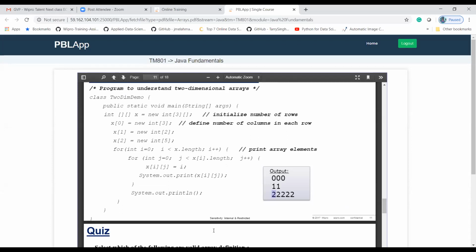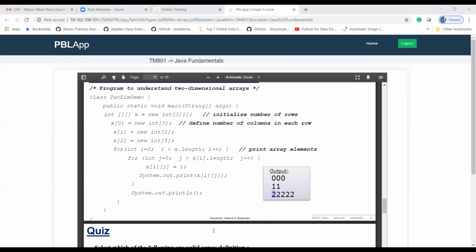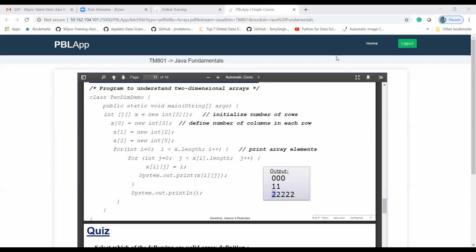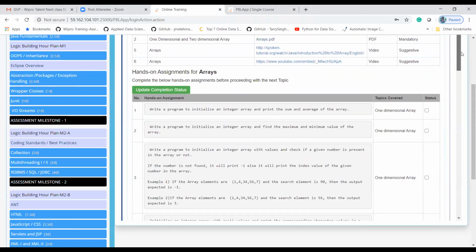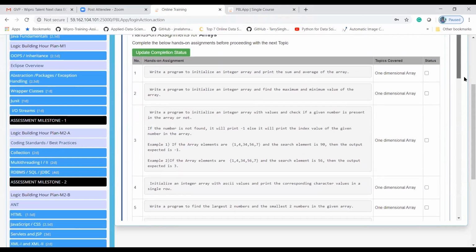Let me share some other examples. When you see this array topic, some programs are there to do.